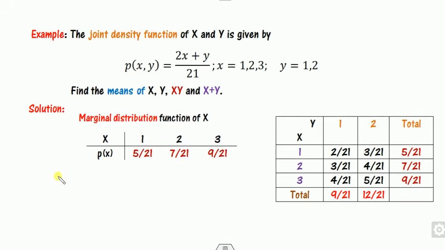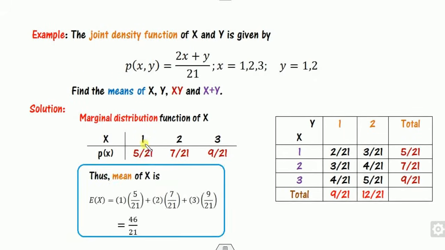Now how do you find the mean? The mean of x is nothing but x into p of x. This is the marginal of x we have calculated, so this multiplied by this is the required mean: this into this, this into this, this into this. You can also remember that the mean is nothing but this, but here f is my probability. Look at the denominator, this will always be 1. So the mean is nothing but x into p, and you can get this answer.